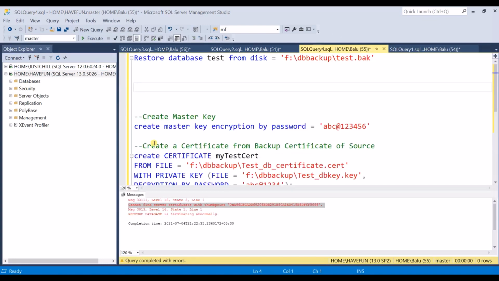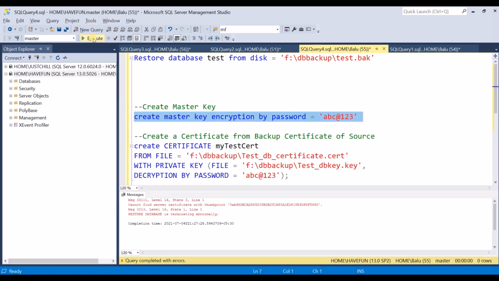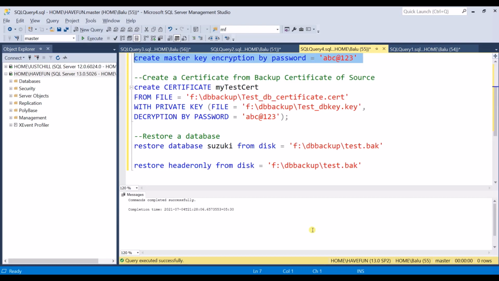So here, create master key in the destination instance, which is this one in my case. The master key has been created. Now create a certificate from the copied files, and don't forget the name should be same.